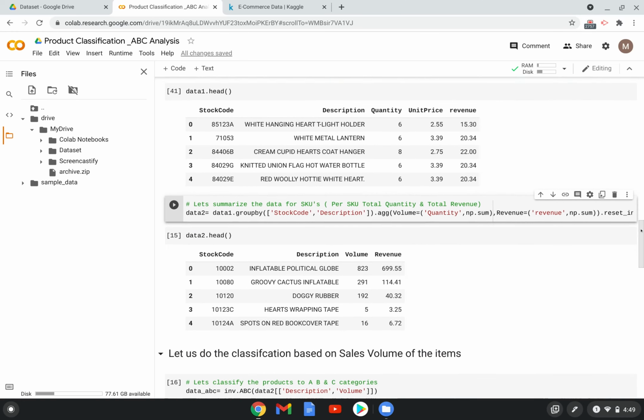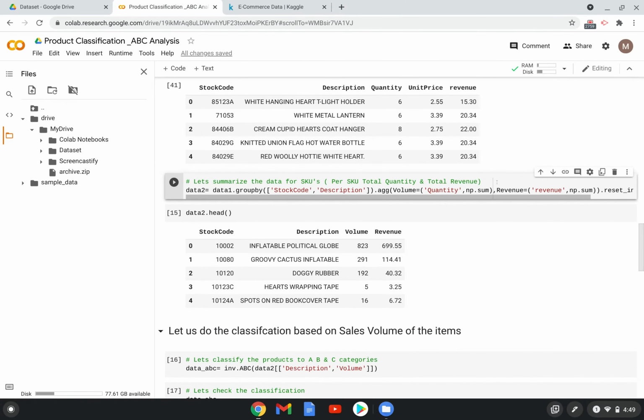Afterwards, we need to summarize this data for each SKU code, because a lot of transactions have been done for the same stock code, right? To get a data set which is suitable for ABC classification, we need to summarize this.